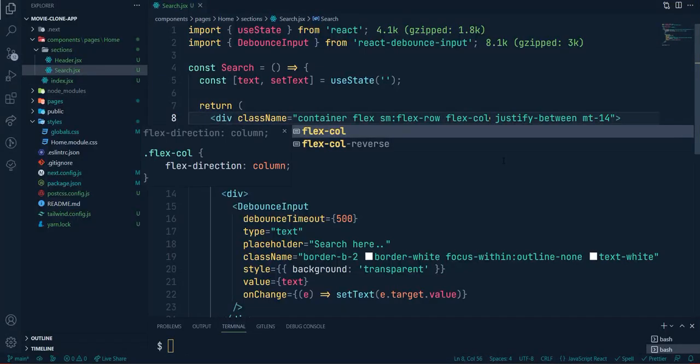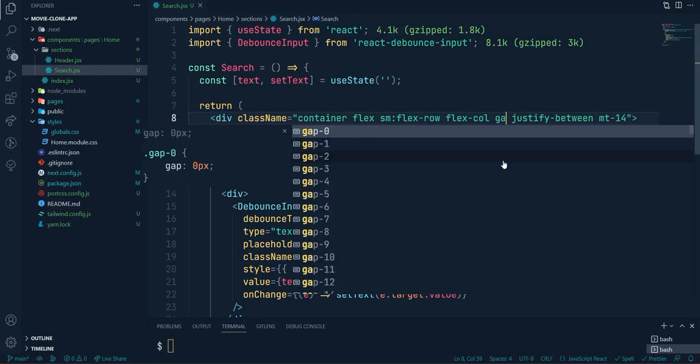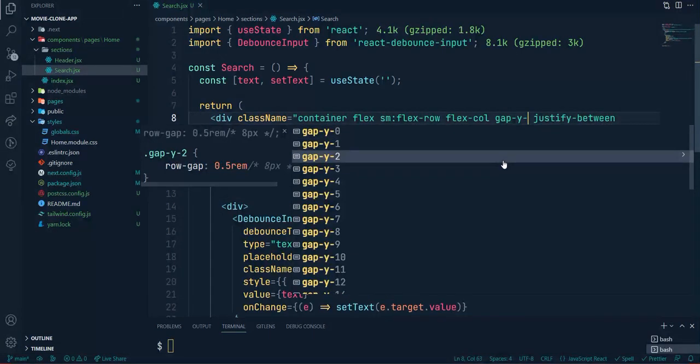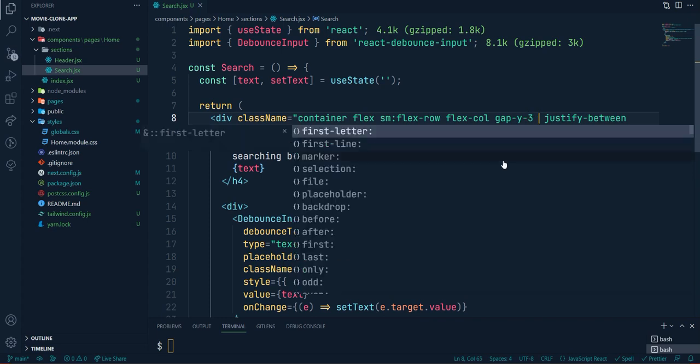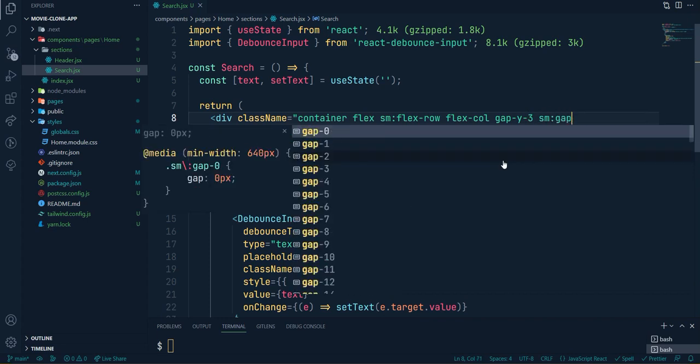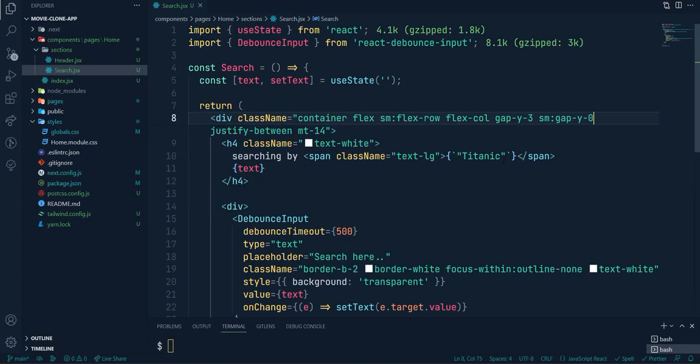I wanted to give the gap. Normally gap-y would be 3, and in upper SM it should be gap-y-0, because at that time the flex row would be applied. That's why I don't want to keep the space between them. So justify-between would be applied